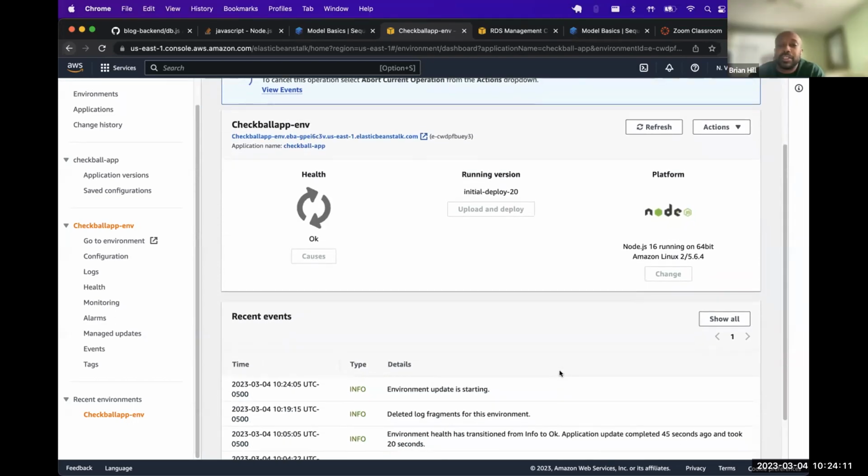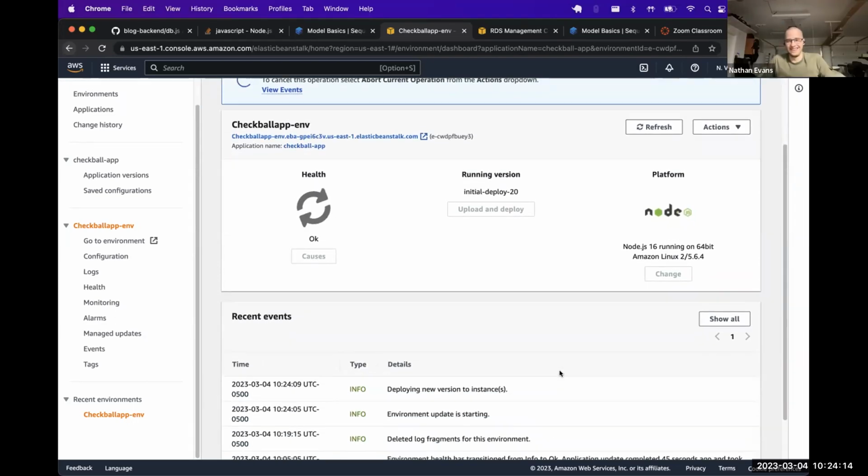You see that deploy number? That's literally how many times I have deployed. I wanted to keep it there just to remind me, it makes it that much more rewarding when it works. Oh gosh, Latonia, how many deploys have we